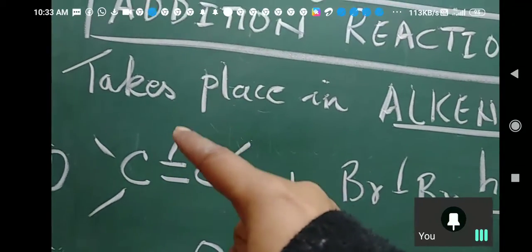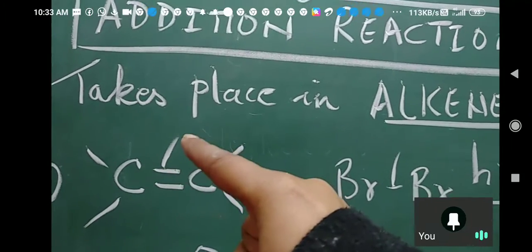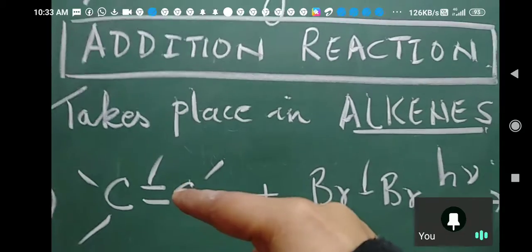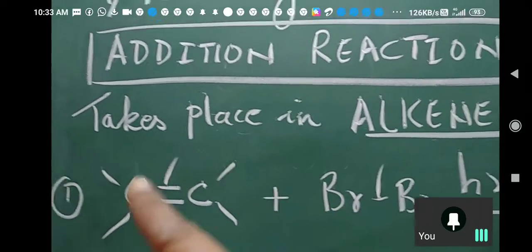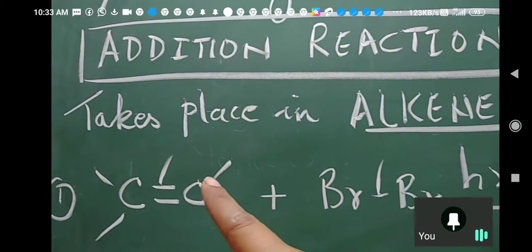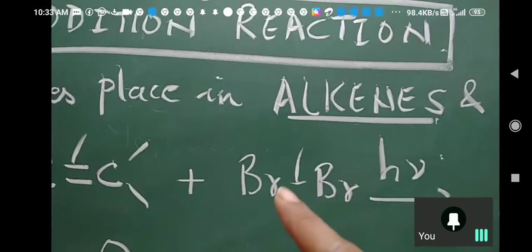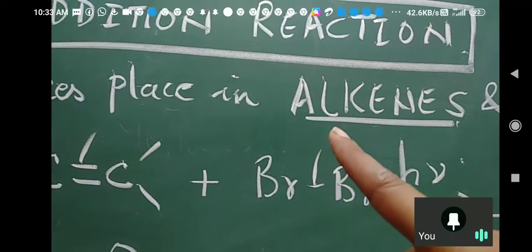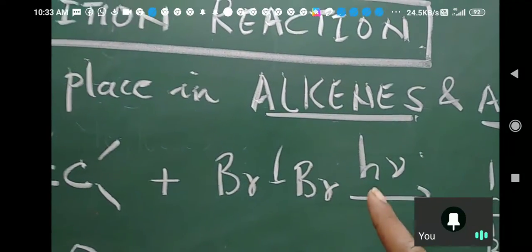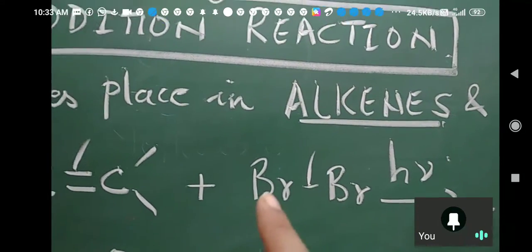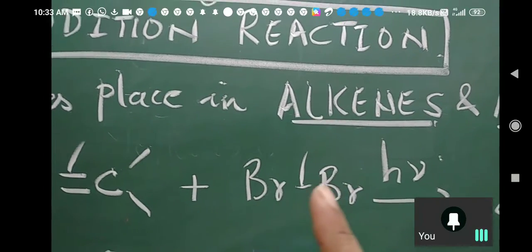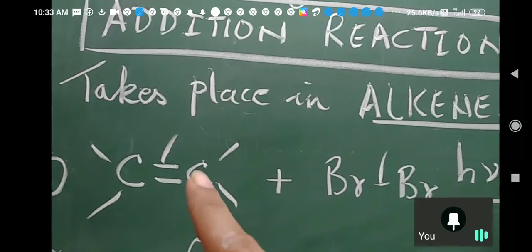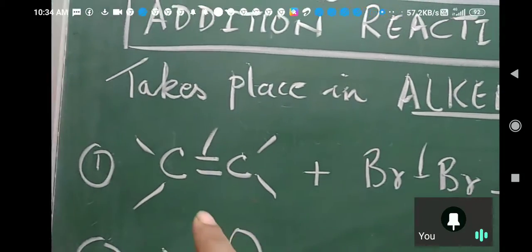And what have I shown? This shows homolytic fission. So if the bond breaks in a symmetrical way, what will happen? One unpaired electron here and one unpaired electron here will be there. Similarly, bromine is an attacking reagent. It will also break by homolytic fission in presence of sunlight, which will give energy for the breaking up of this bond, and result in the formation of two bromine free radicals. One bromine free radical will get attached here and the other bromine free radical will get attached here.